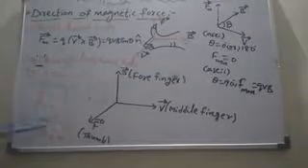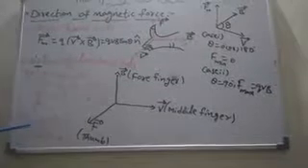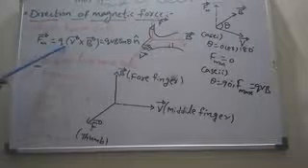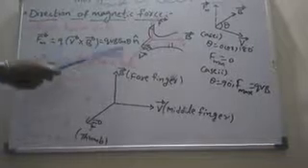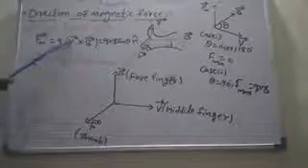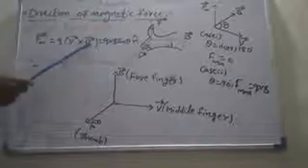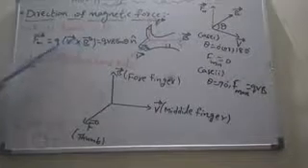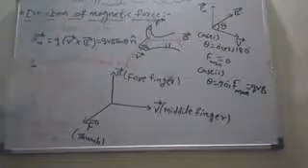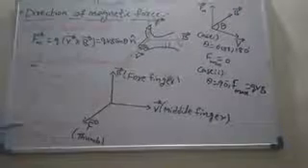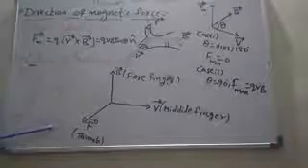Using the vector method, which you understood in first year: A bar cross B bar is equal to AB sin theta n cap. Here F_M bar is Q into V bar cross B bar, that is QVB sin theta n cap. You can directly apply the cross product. You know the V bar magnitude and direction and the B bar magnitude and direction, so apply the cross product and multiply by Q, and we directly get the magnitude followed by the direction. That is, F_M bar equals Q into V bar cross B bar.